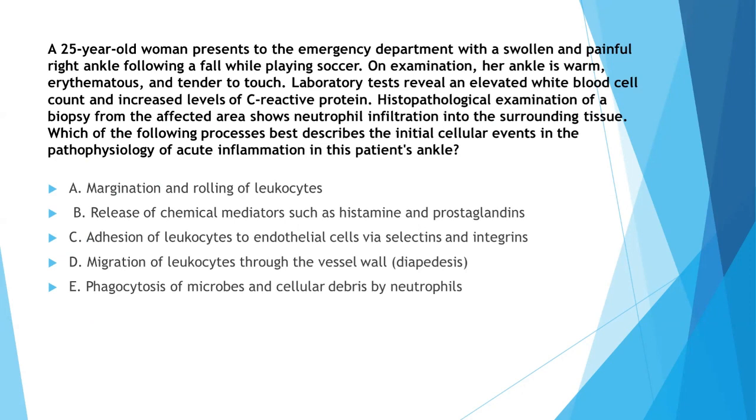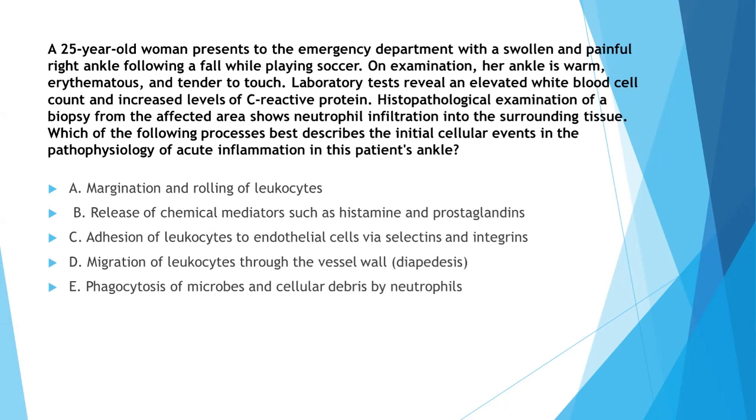Which of the following processes best describes the initial cellular events in the pathophysiology of acute inflammation in this patient's ankle? Option A: margination and rolling of leukocytes, release of chemical mediators such as histamine and prostaglandins, adhesion of leukocytes to endothelial cells by selectins and integrins, migration of leukocytes through the vessel wall, phagocytosis of microbes and cellular debris by neutrophils. We will come back to this question, but by now you have understood that in this video, we